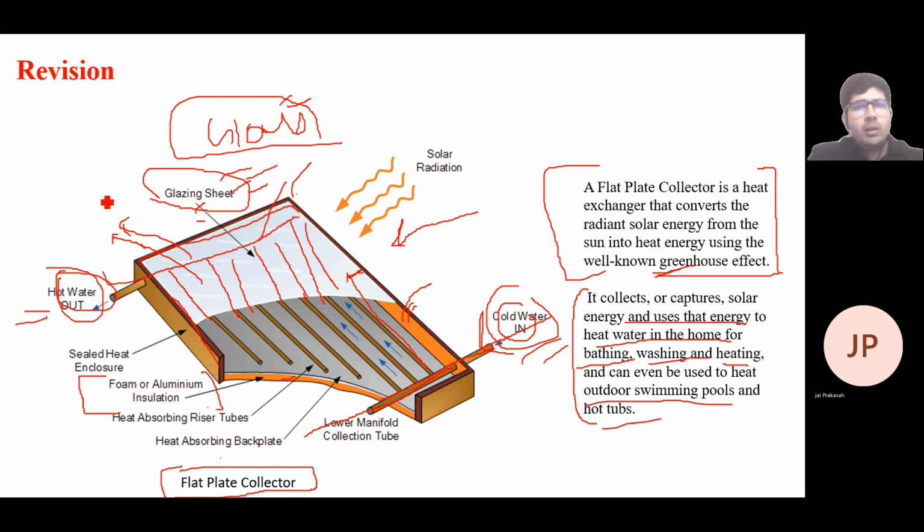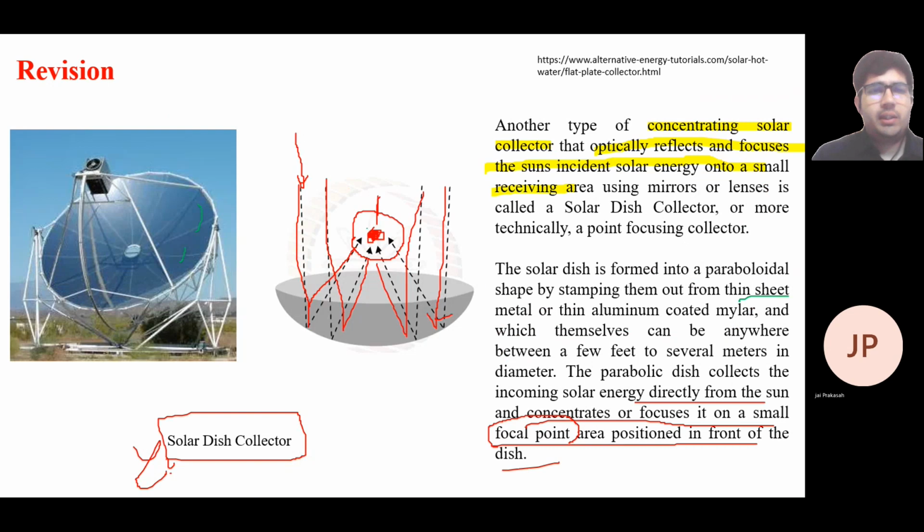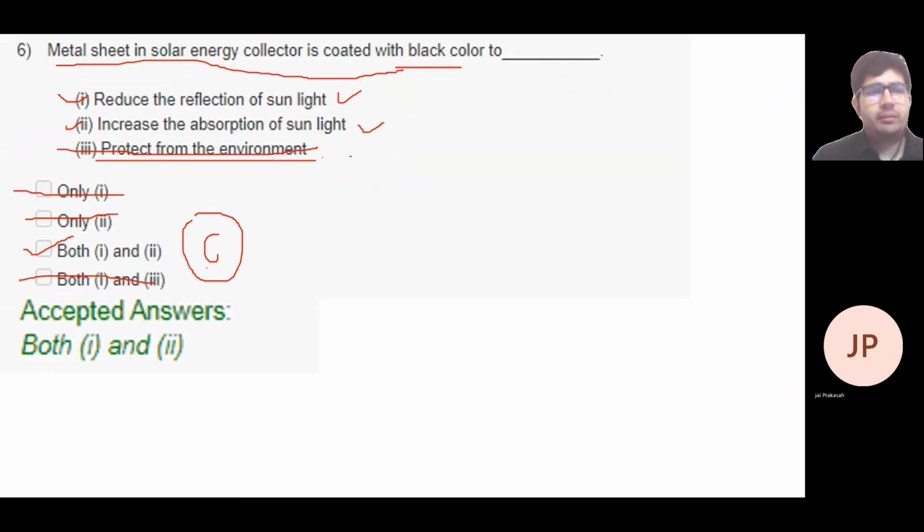So basically, what is the glass plate doing? The glass plate is transparent for the solar radiation, but it is opaque to the infrared radiation. So it traps the solar heat inside that chamber, and that heat heats the absorbing riser tubes in which the fluid is flowing. So the glass works as an opaque barrier for infrared radiation and traps the heat. Now let's see the options. What options do we have?